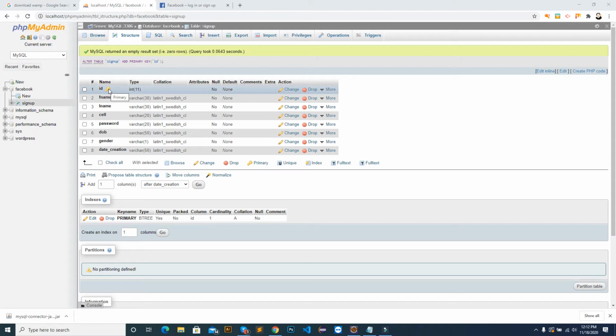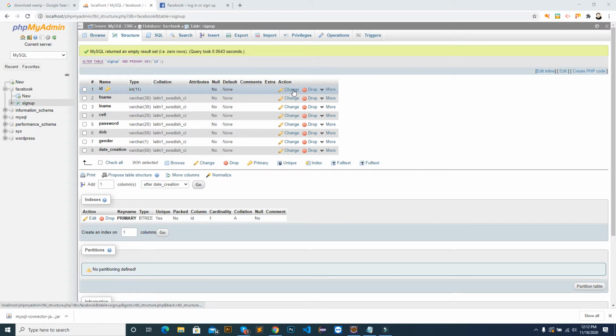For example, you have a check number where the first 10 letters are for this, the second 10 letters are for that, or a mobile number, or email. Email may be a primary key, but for numbers we will have some scheme. For example, the first part is the ID, this is the account number, this is something else, and then you cannot increment it. But in most cases you will have ID as auto increment.